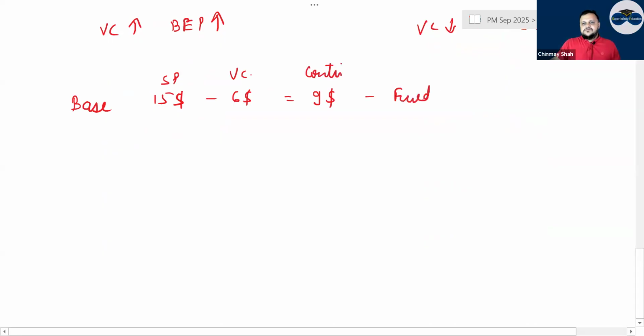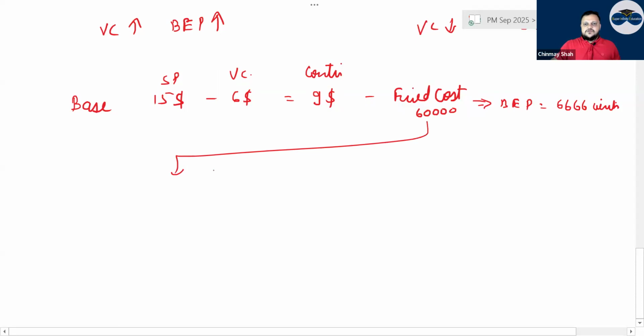And your fixed cost now is how much? 60,000, right? So it gives you a BEP of how much? Tell me. 6,666 units, correct? But if this fixed cost, because of whatever reason, goes up to $80,000